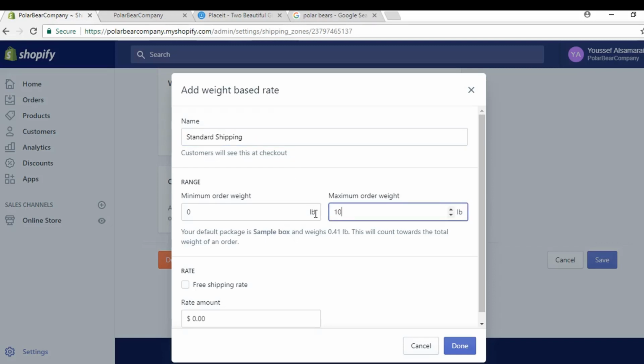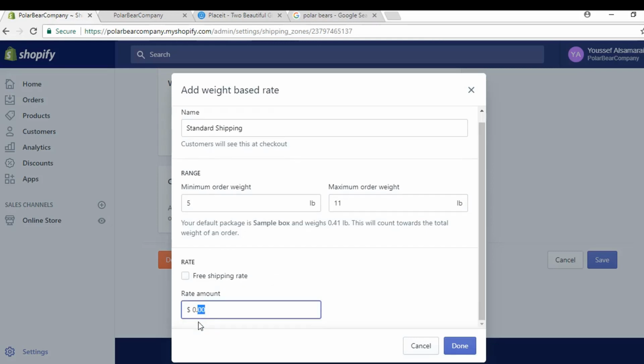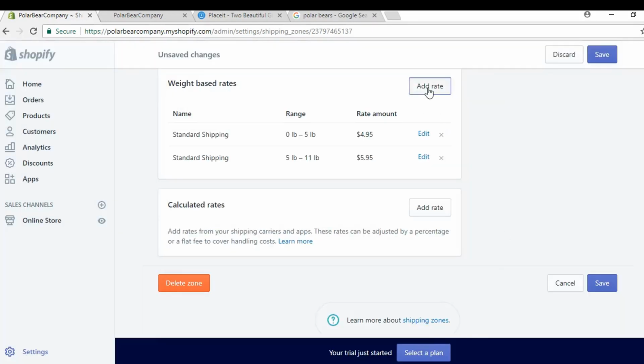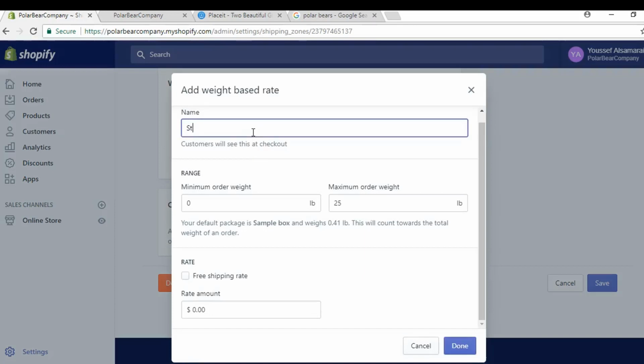But now I'm going to put 5 to 10. So if they have 2 AliExpress products or 1 hoodie, and I'm actually going to put 11. So if they have one of the hoodies, or if they have 2 AliExpress products, I'm going to make the rate $5.95, and then click done. I'm going to add another rate, standard shipping. So what I'm going to do is make it from 11 to 22, for example,